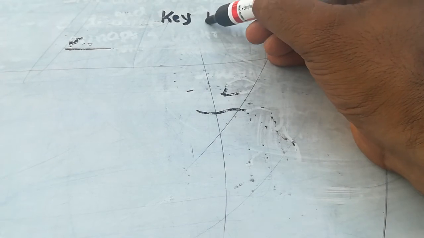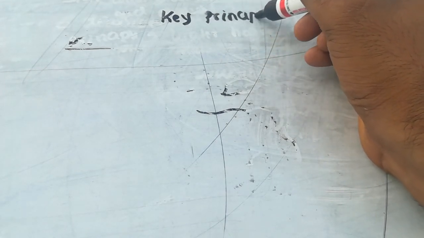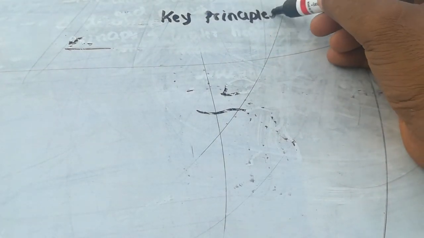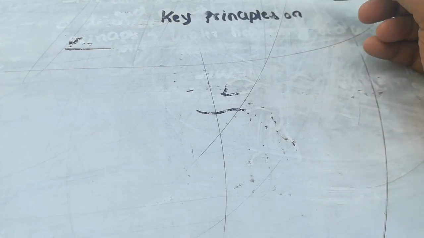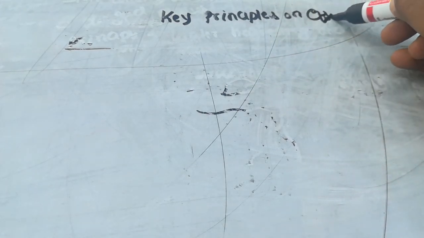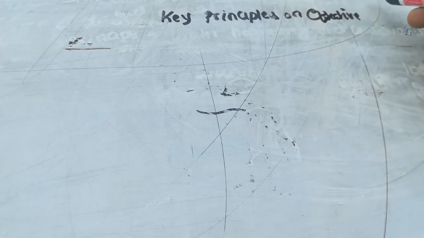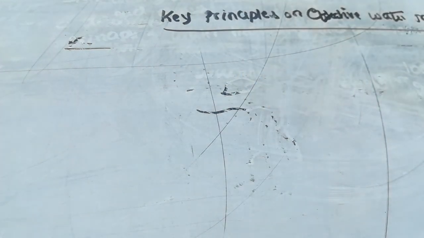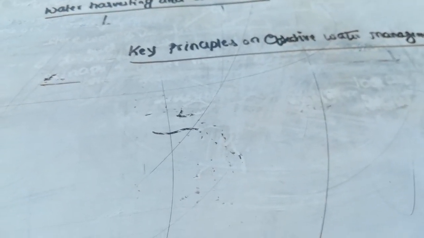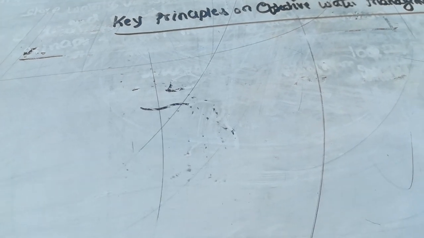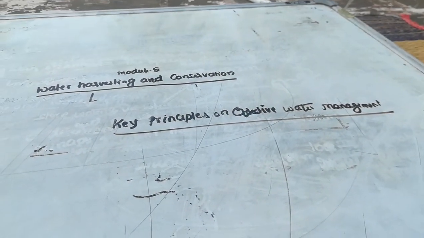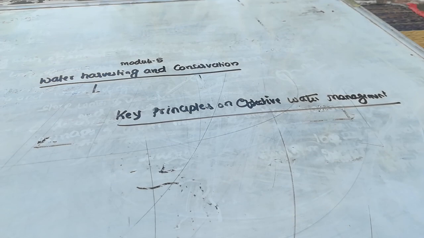Key principles of effective water management. What is the key principle of effective water management? First one is